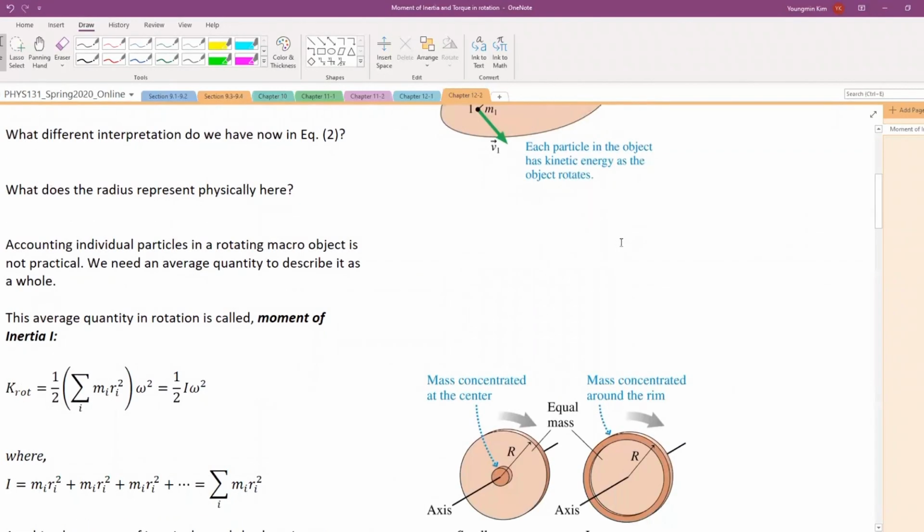Now, as in the linear case, accounting for individual particles in a rotating macro object is not practical. So we need an average quantity to describe it as a whole. And this average quantity in rotation, concerning its mass and its shape, is called the moment of inertia, I. So the equation above becomes: the kinetic energy of rotation is 1/2 summation of mass times radius squared, times omega squared. The summation part here is defined as the moment of inertia, where I is